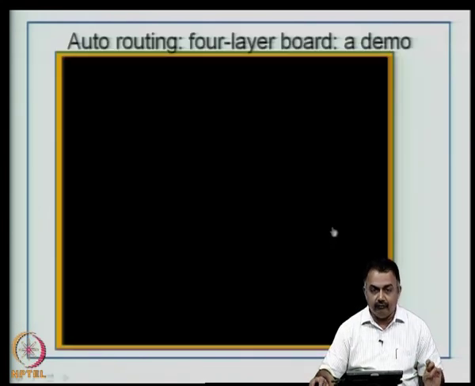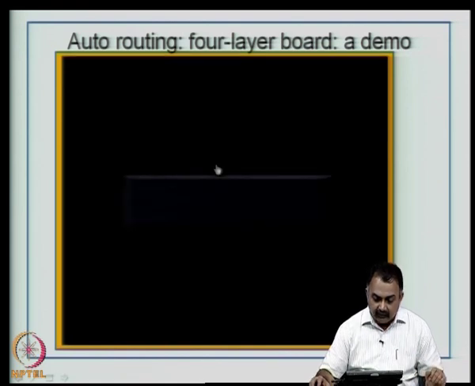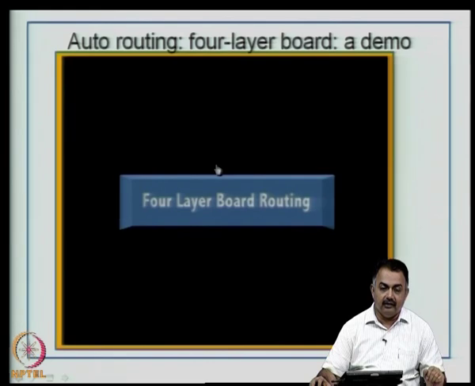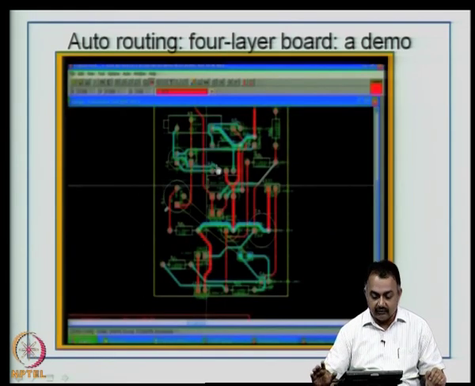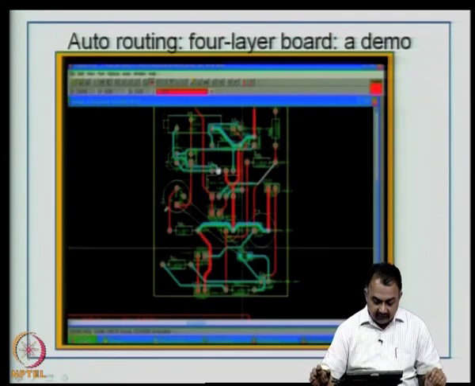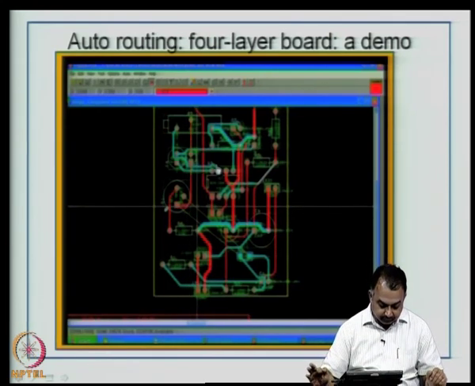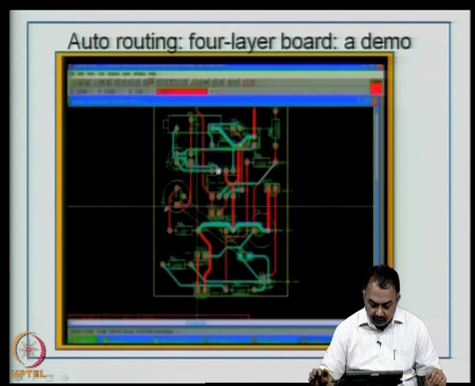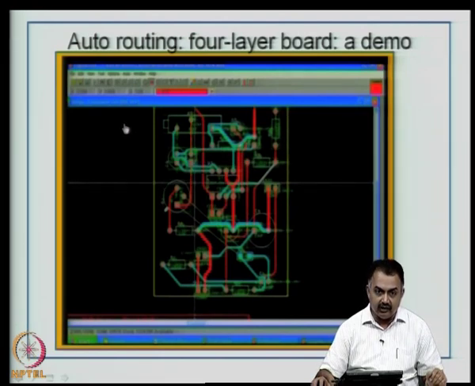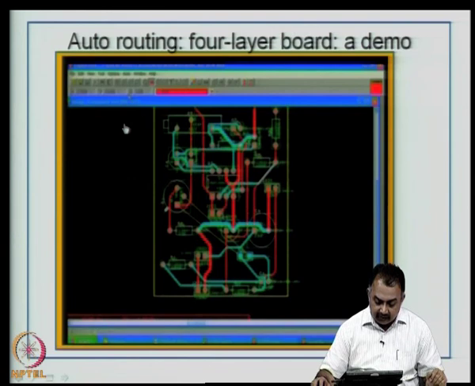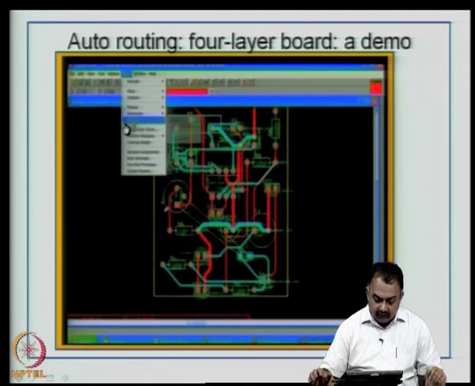Now, we will look at a 4 layer board for the same design as a demo. So, the capability of your software is that it can do multi-layer boards provided you set the design rules perfectly. So, the same design is being used here. Now, we are converting this board into a 4 layer board. So, the first thing that you will do is remove the nets that you have generated for this double sided board. So, and then